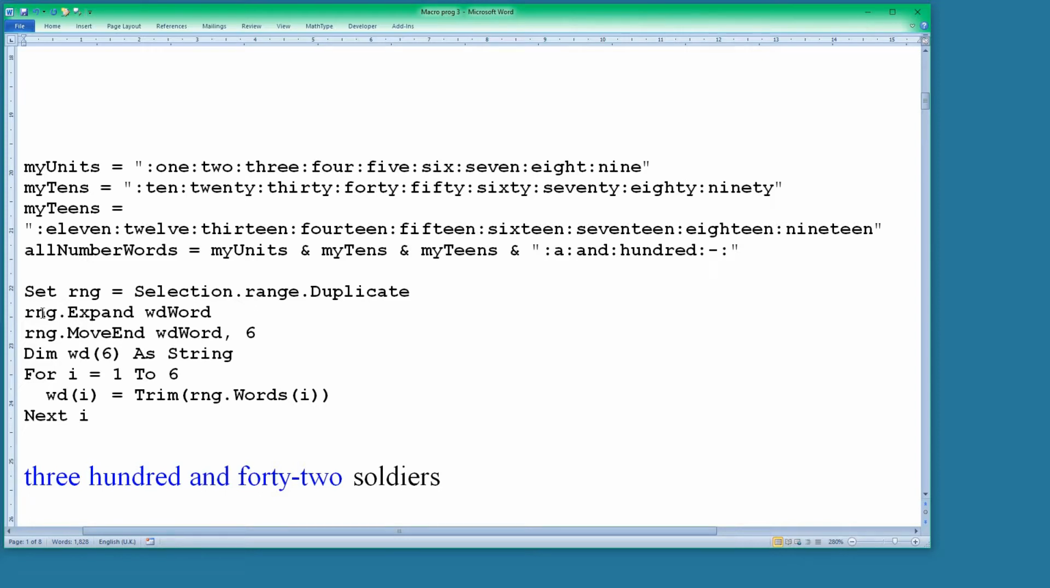What am I doing next? Okay, I'm saying range.expand word, wdWord. So what that is saying is, if I double click on that, that's expanding the selection, and so the range expand is the same sort of thing. It will expand the range to cover the word 3. And then what I say is move the end of the range by 6 words. So it'll shunt along from there, and the end of the range will be somewhere out here, depending on what